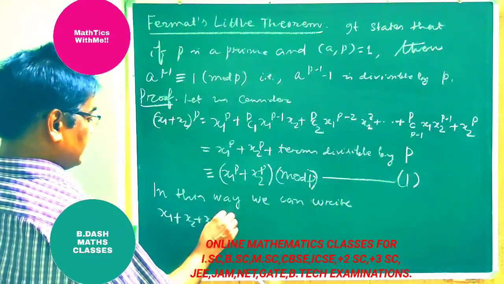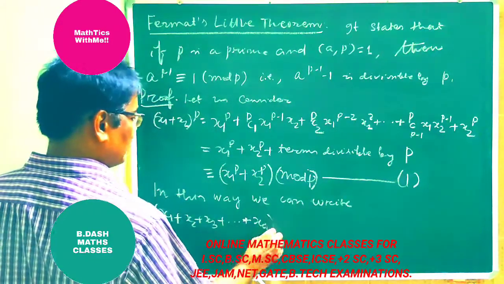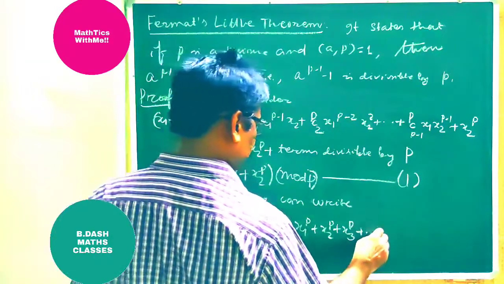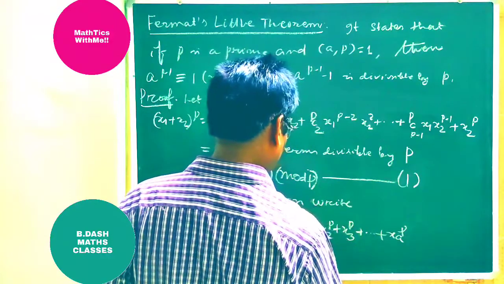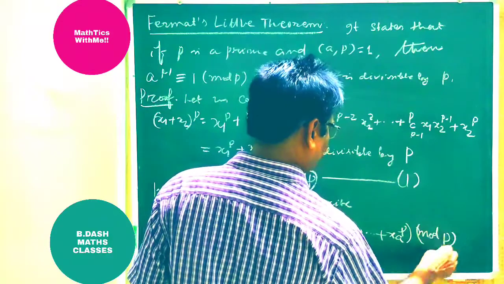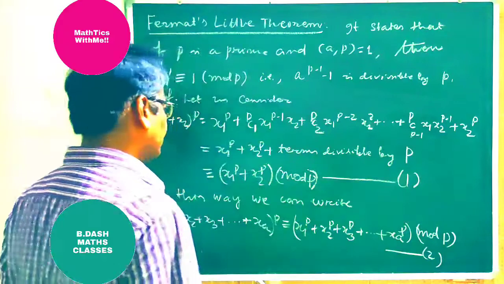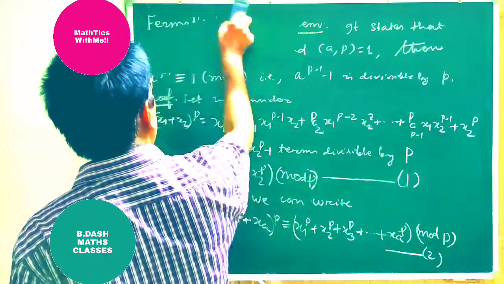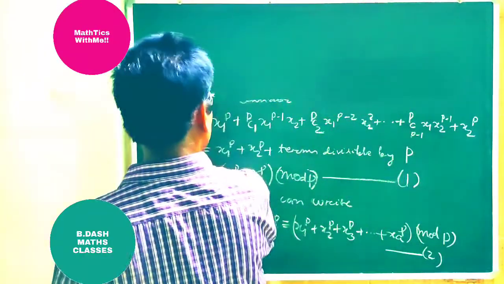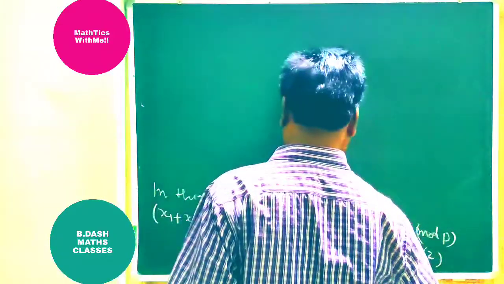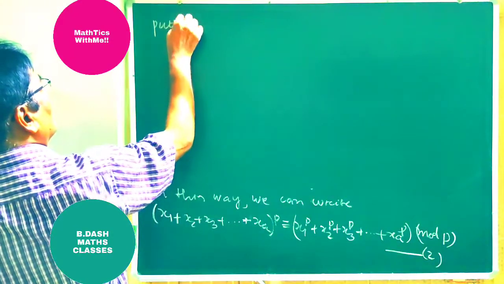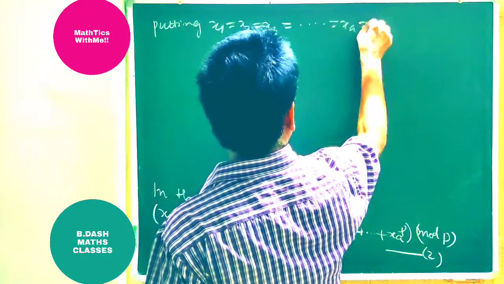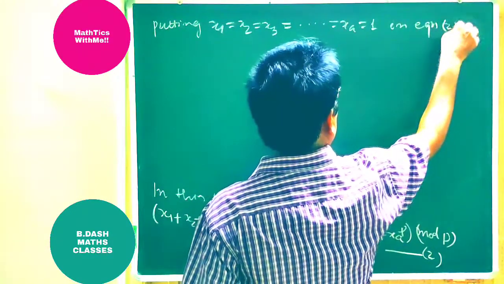Similarly, (x1 plus x2 plus x3 plus up to xa) to the power p is congruent to x1 to the power p plus x2 to the power p plus x3 to the power p plus up to xa to the power p mod p. This is equation 2. So, in this way continuing, we can write the above expression, equation 1, as equation 2. Then, putting x1 equal to x2 equal to x3 equal to up to xa equal to 1 in equation 2, we get